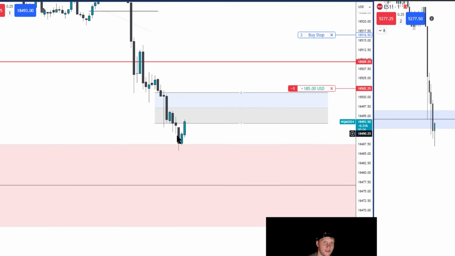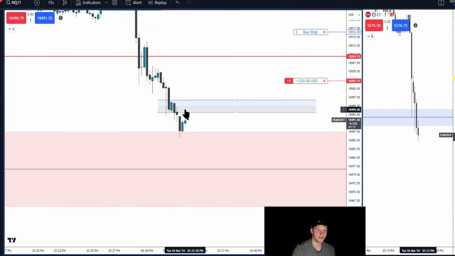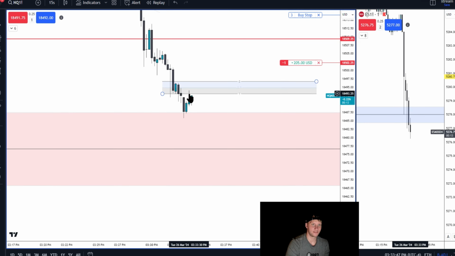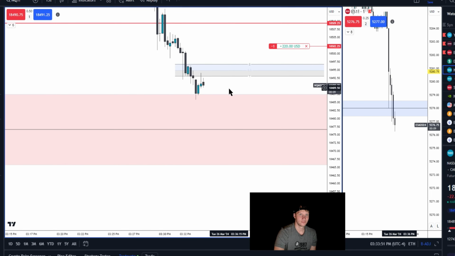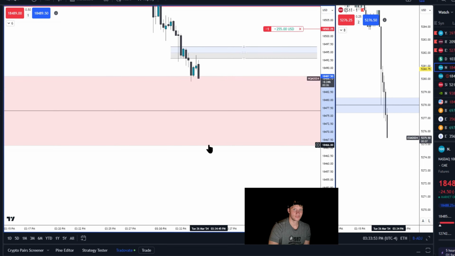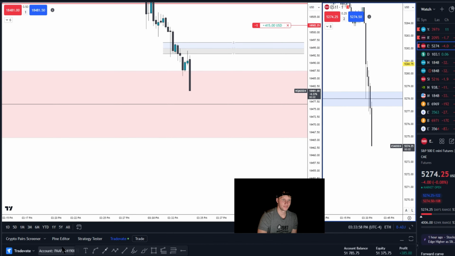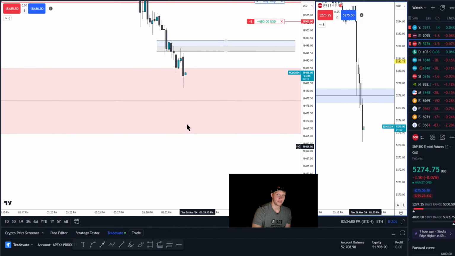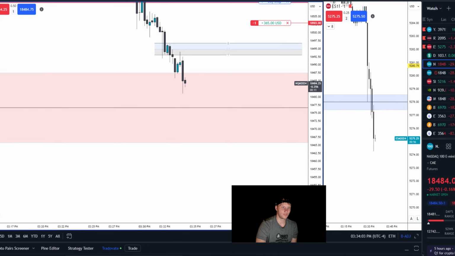So now we have another add-on point here. I missed it though. I'm not going to do it now because I missed that move. It doesn't look like much, but that's like 4 points. So ES is crashing lower. There goes NQ. So I think that should put us the eval done. $300 more. All right, but I'm going to take one more off here.